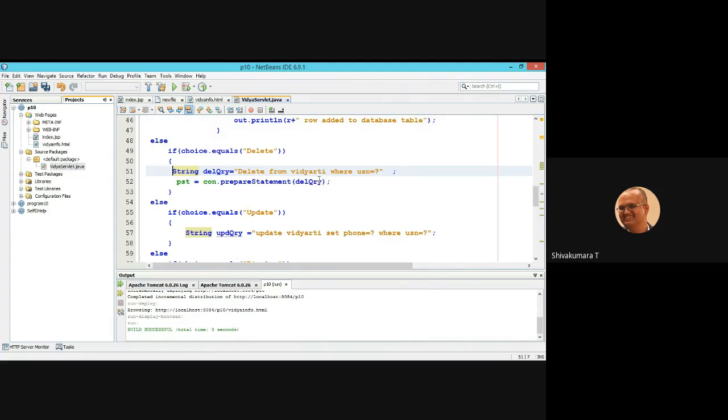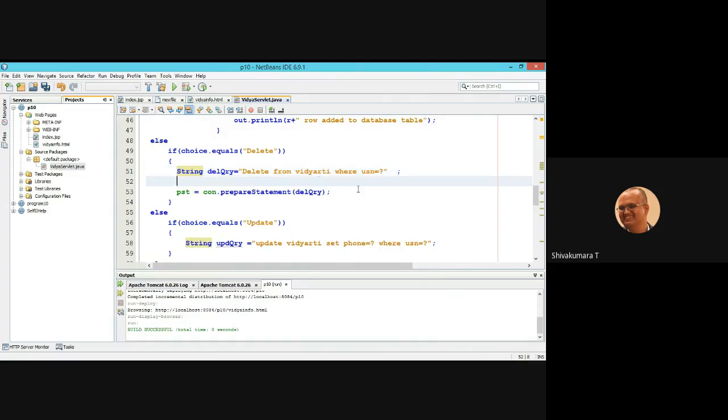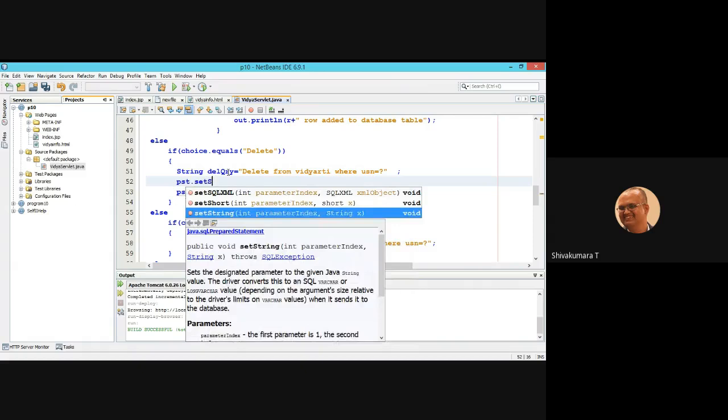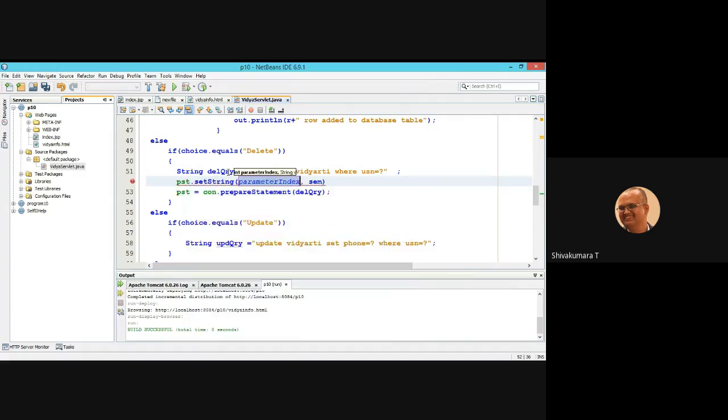But in the pre-compiled query, we have to set the USN value. For that, we use the getX and setX methods of the PST statement. So PST dot set string. What is the USN? The index is the first index, because you are going to set only one parameter.